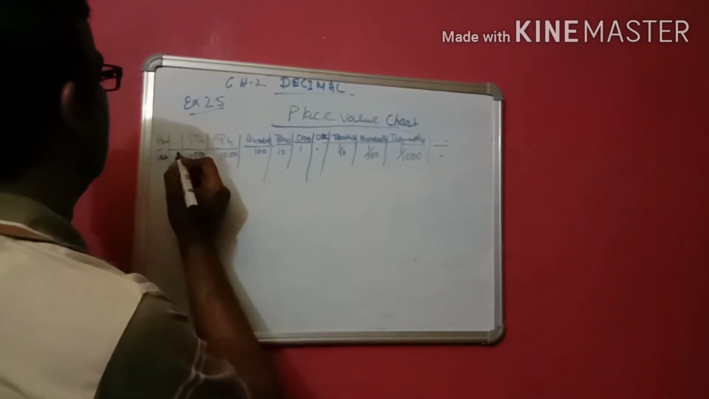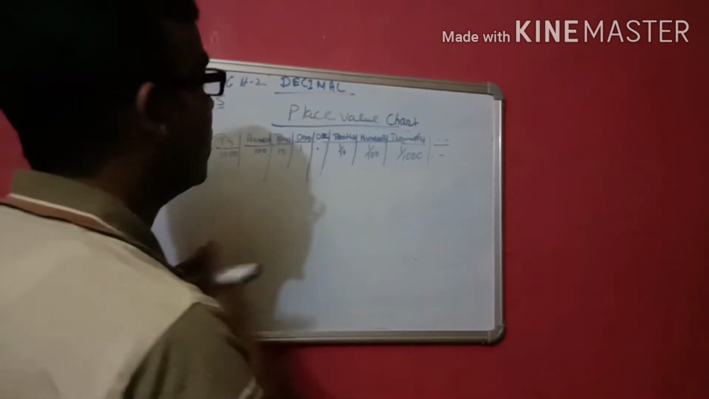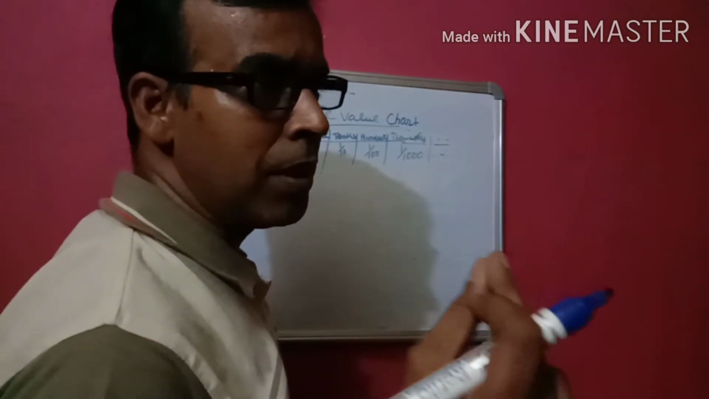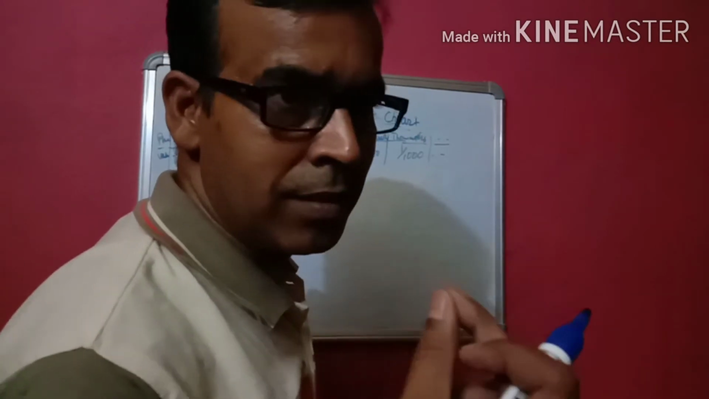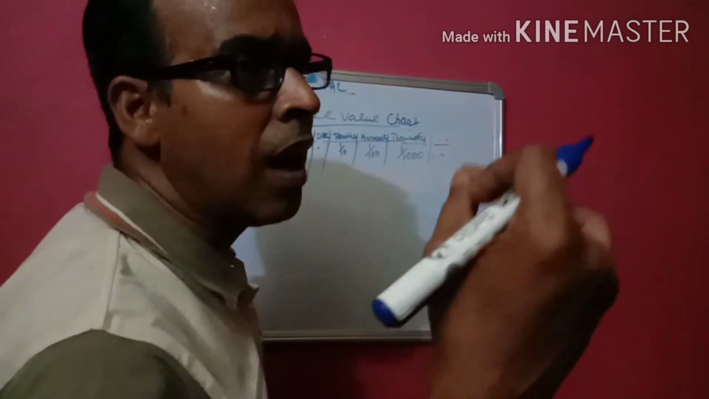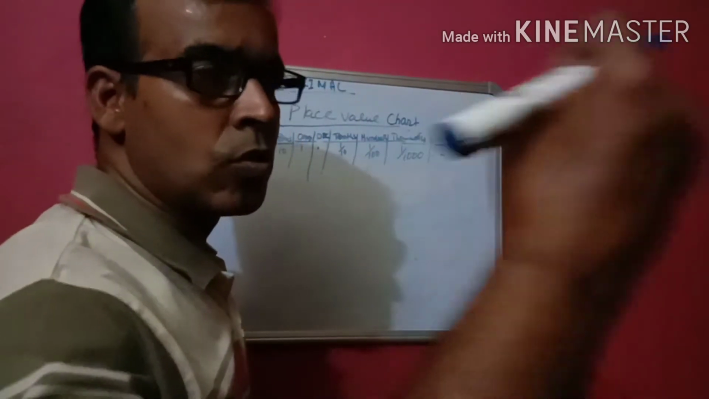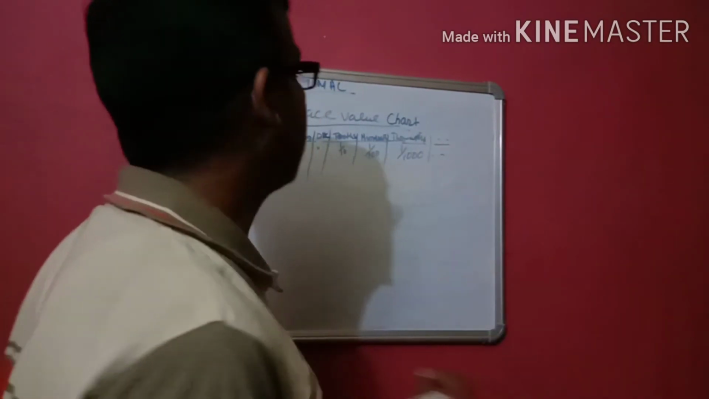This is known as the Indian place value system. Now this is the decimal point. After the decimal point, the first digit is called tenths, meaning 1 by 10. After that comes hundredths, meaning 1 by 100, then thousandths, 1 by 1000. According to the exercise